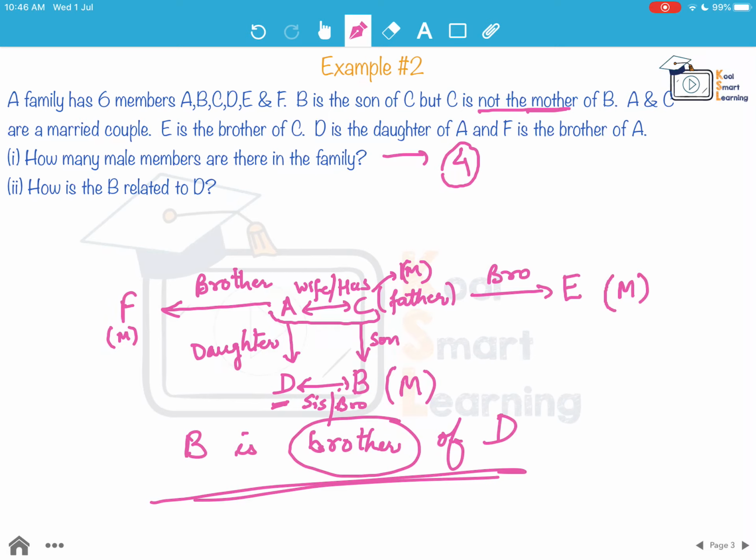So again, as we said, we have to start from one end, that is the most important thing, and draw a flow chart. Now this becomes very clear as to what is the relation between each one of them, and male and female also can be very clearly identified looking at this flow chart. So in these kinds of questions where we have multiple questions based on some information, we should first try to draw the flow chart and then find out what information is being asked for.